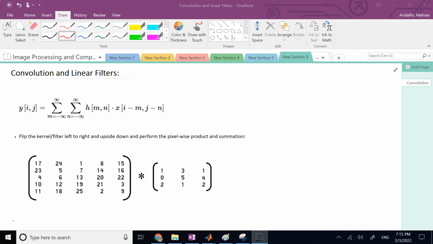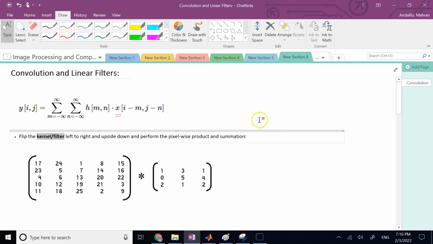Hello everyone. In this video I'm going to talk about a very important operation in image processing, convolution, and its application for creating linear filters and applying these linear filters to images. A 2D convolution for images is defined as follows: if your signal, your image, is X, with so many rows and so many columns, and if your filter, or you might also call it a kernel, is this H that you can see,